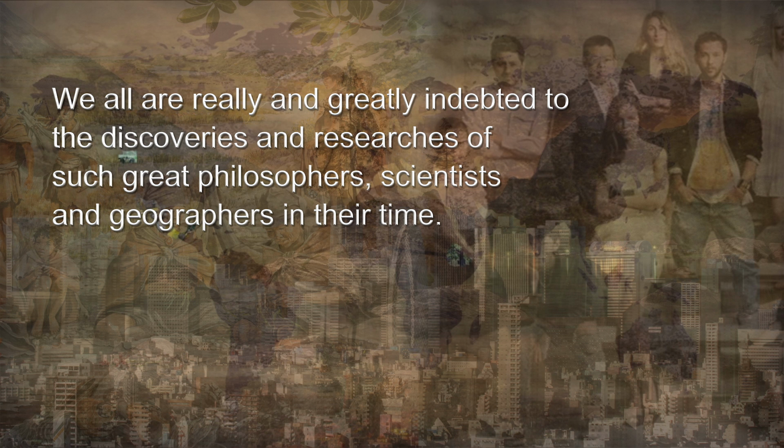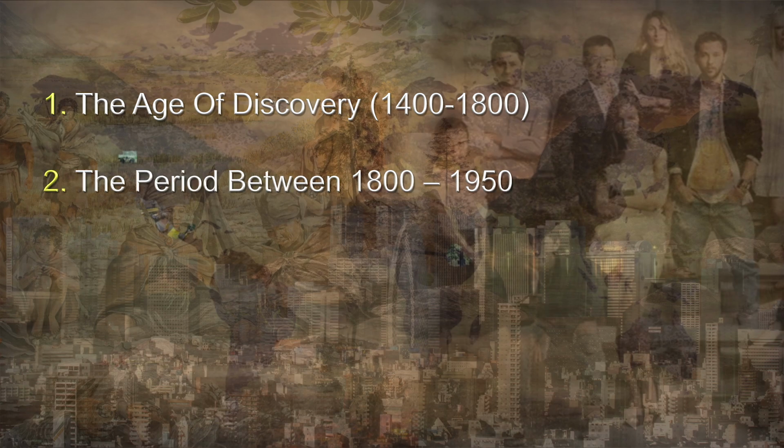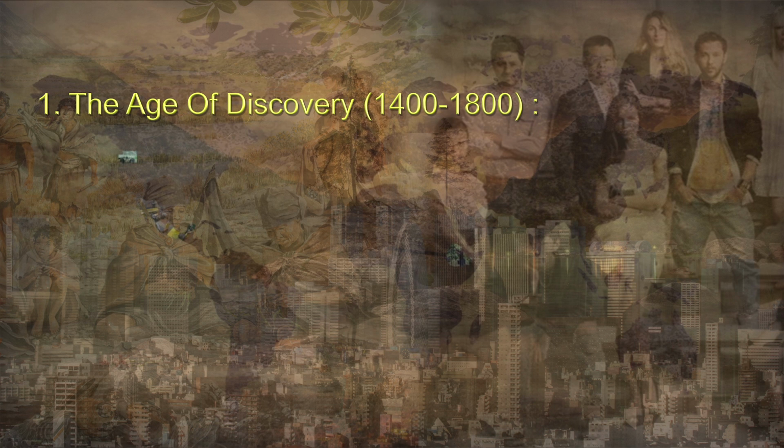We all are greatly indebted to the discoveries and researches of such great philosophers, scientists and geographers in their time. According to Chisholm, the modifications shaped in the discipline of human geography fall into three phases. The first phase is called the age of discovery, during 1400 to 1800, the second phase is between 1800 to 1950, and the third phase is the period after 1950. Coming to the first stage, that age of discovery, that is 1400 to 1800 AD,